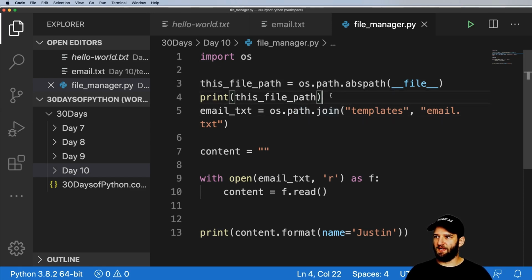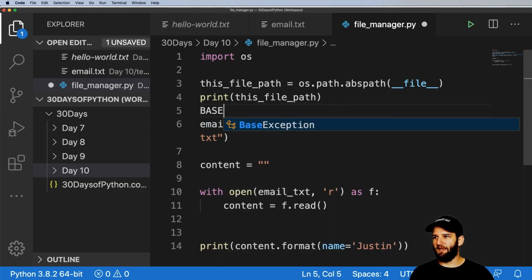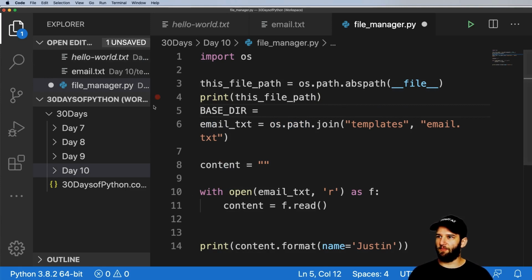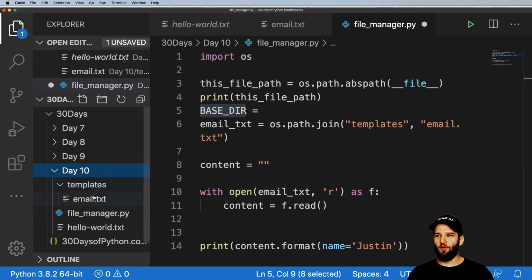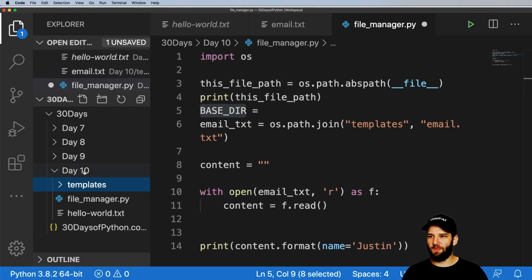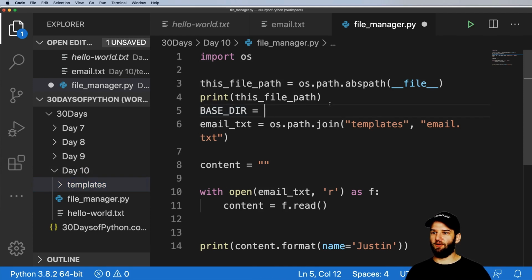So the final thing is I need to now use something called BASE_DIR. This is a very common practice, to set a base directory, as in the root of your project, as in I've got all of my code here. Where is that directory? What is it? Now we know it's in day 10, right? But if I move this code around, it might be in day 11 or day 12 or so on. So what I need to do then is